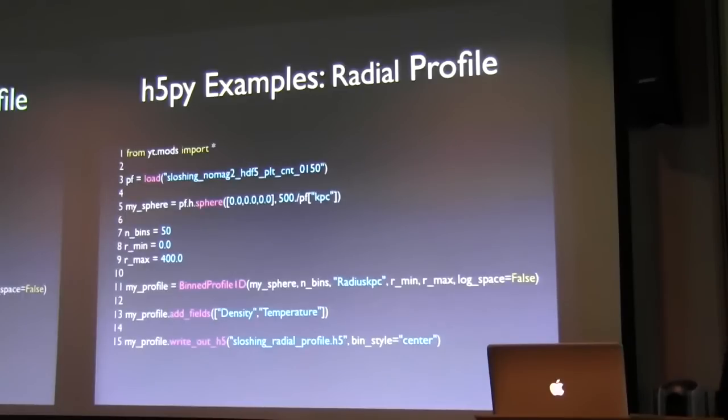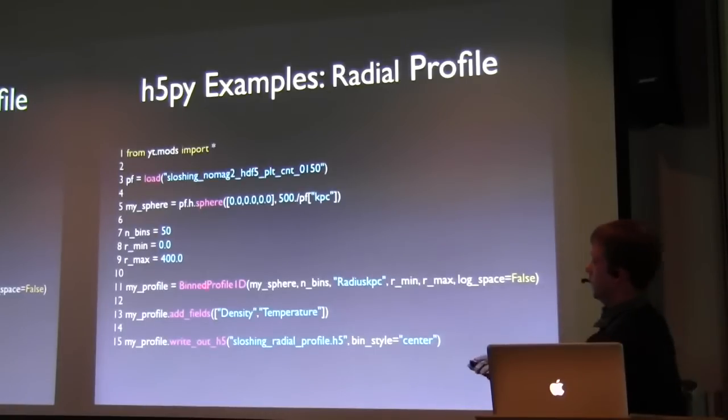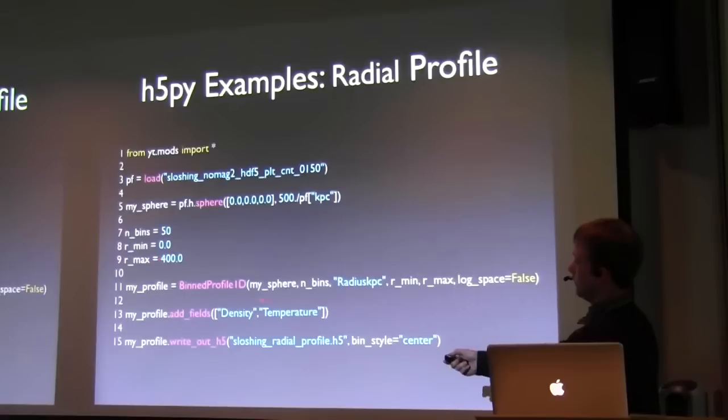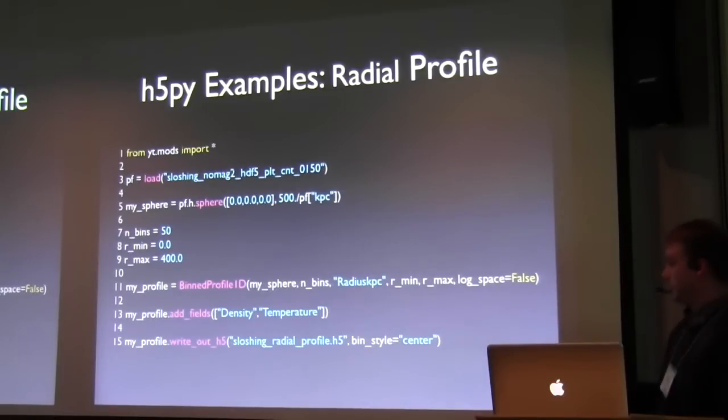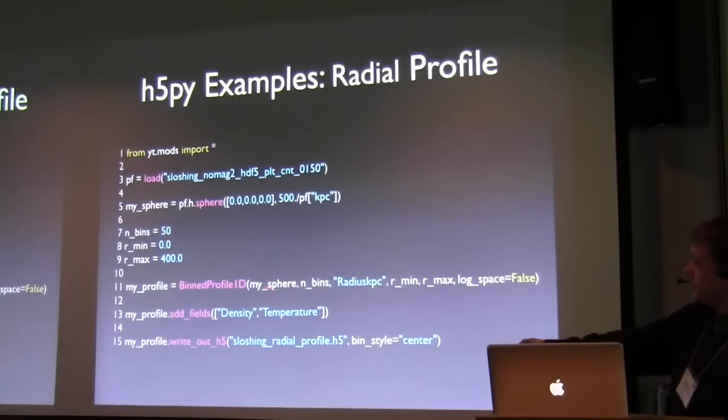So we saw the bin profile 1D function earlier today. Basically, we don't have to go into it a lot right now. This is just an example of how you can dump the profile out to an HDF5 file. It takes the sphere object. It defines a number of bins, in this case radial bins. It says the field that's going to define these bins is going to be the radius